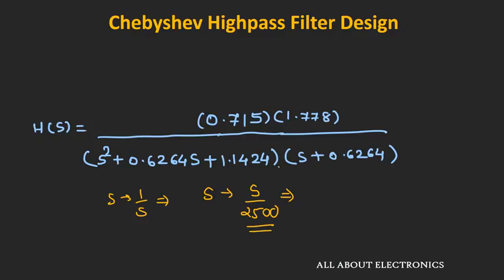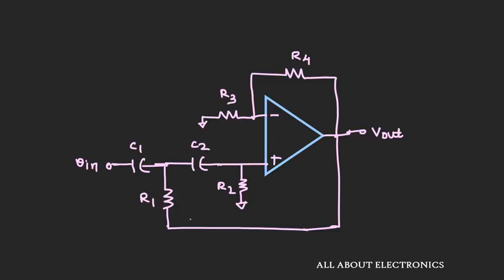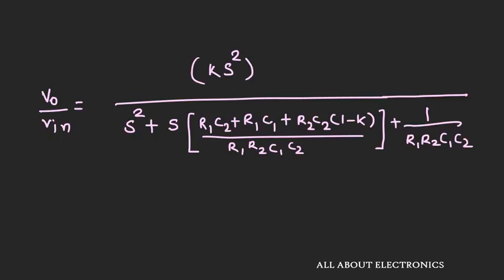So try to do it by yourself and do let me know the new values of this Q and the frequency scaling factor F0. And once you get the transfer function, then using this Sallen-Key filter topology, you can decide the value of R and C's. So try to get the value of R and C's for the high pass filter and do let me know your design values. And in the last video, we had seen that the transfer function for the high pass filter can be given by this expression. So using this expression, you can find the values of R and C's.